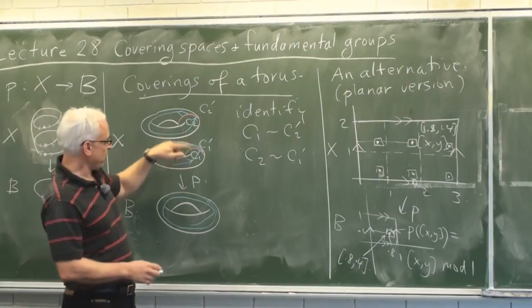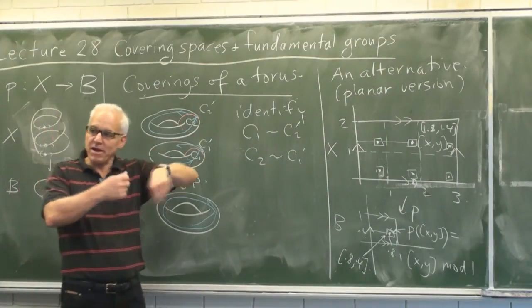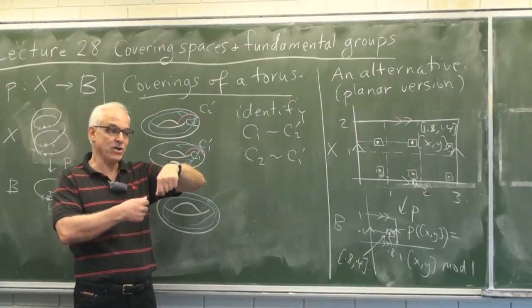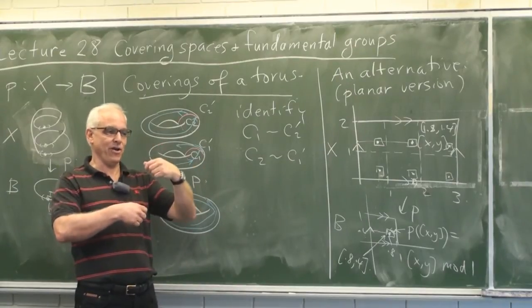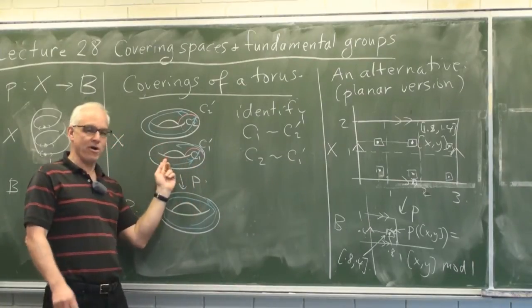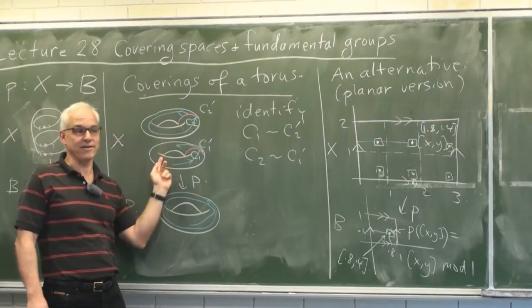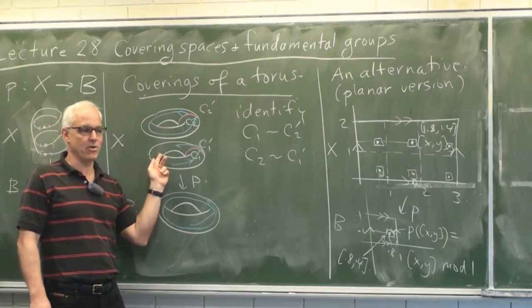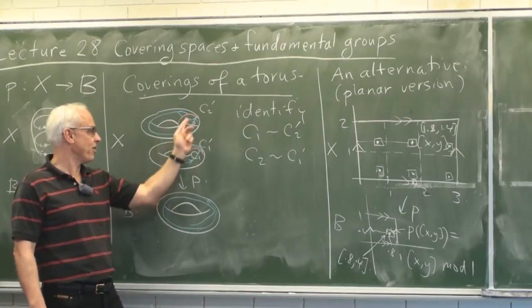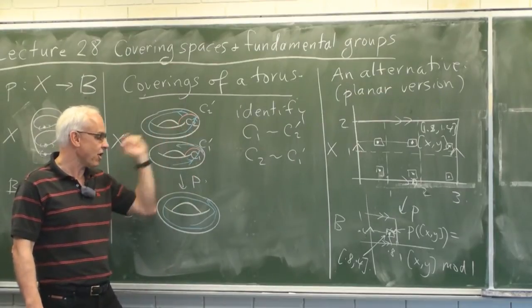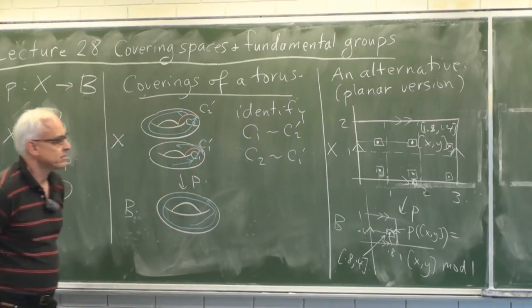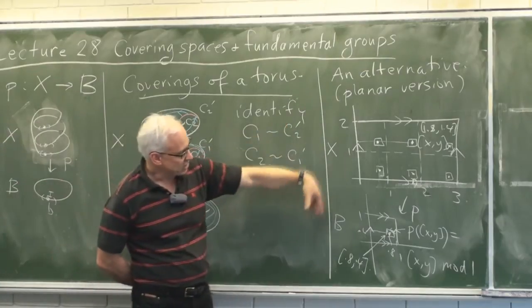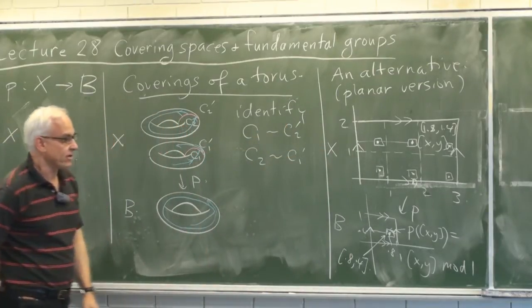This sort of corresponds to one of these helical things where we're wrapping 3 times in one direction and twice in the other direction. It'd be a little bit more challenging to draw it in this kind of fashion. But we could do it, but we'd have to slice also sort of along the other circle, not just along that circle. So this planar representation is quite a pleasant picture.